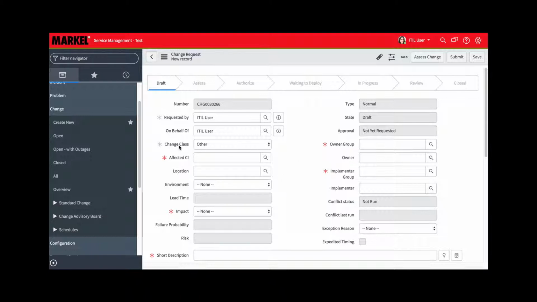So change class field and the environment field are both used to help classify the change request. And this is very useful for reporting purposes. So in change class, I will say addition, and in environment, I'll say training. The affected CI is the CI that is impacted by this change. And I have a CI I want to use in mind, but I want to show you a different one